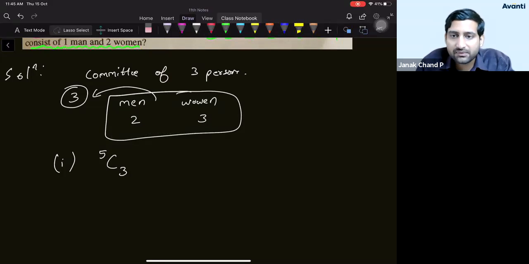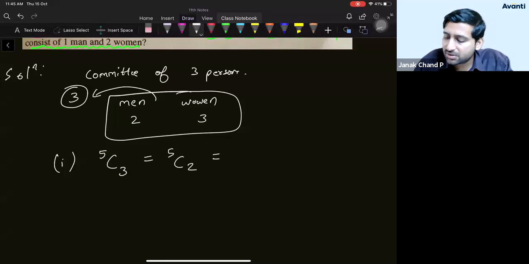So the number of ways of choosing any 3 persons out of a total of 5 persons is 5C3. Just get the value of this, and that is the answer. Now students, this looks like a slightly bigger number, so if you want, you can write this as 5C2. Did you understand how 5C3 is equal to 5C2? Yes. This 3 can be replaced with the difference of these 2. Obviously, since this is a smaller number, it will be easier to calculate.